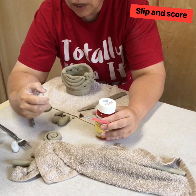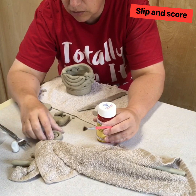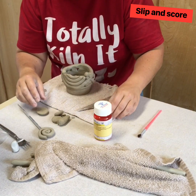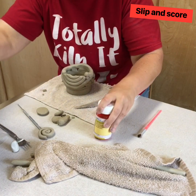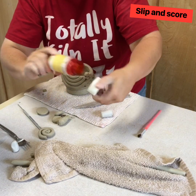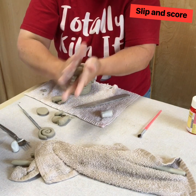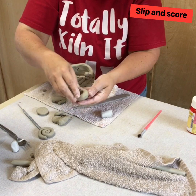I wanted to show you how to make slip and how to slip and score, because now my pieces are leather hard and they're not connecting well and they are going to fall apart. So all you need to do to make slip, sometimes I will make enough to put into a little medicine bottle, then this keeps the air from drying it out. But you could just take a little bit of clay and make a tiny little pinch pot, okay? And all you're gonna do,